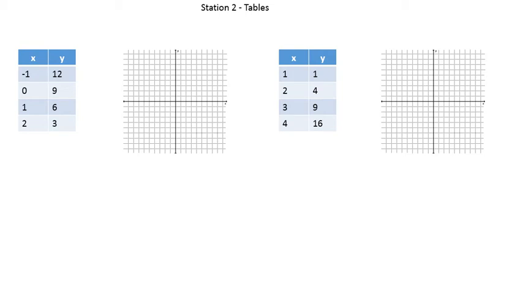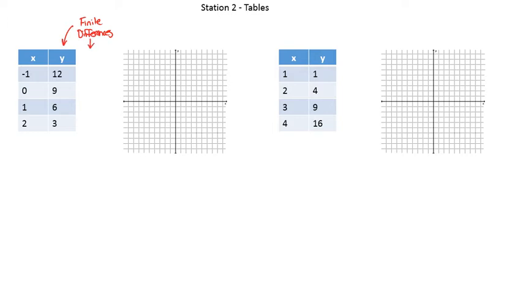So in station 2, instead of looking at graphical representations of relationships, we're looking at tables and hoping to identify whether or not the data in those tables represents a linear relationship. So the main way we do that using a table is exploring something known as the finite differences. And as you can see in your note, the finite differences are the differences between consecutive or back-to-back values of the dependent variable